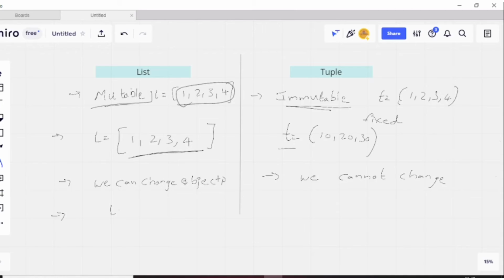The list functions are slower compared to the tuple. List is slower, tuple is faster. Coming to the list, it will consume more memory.